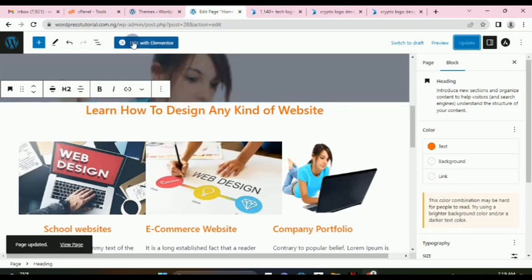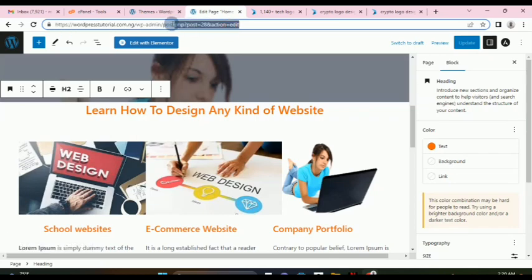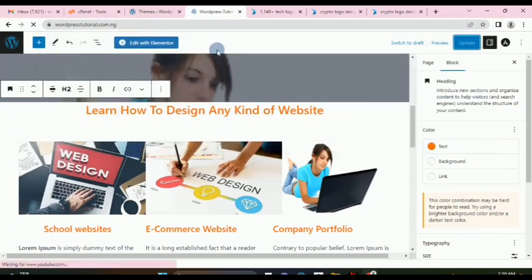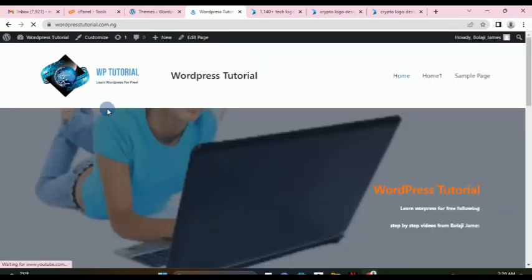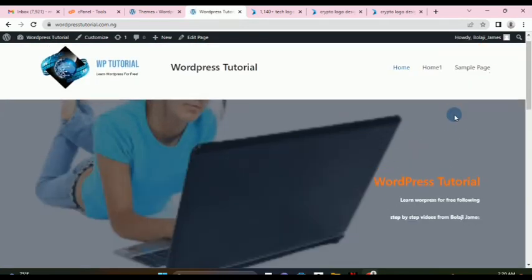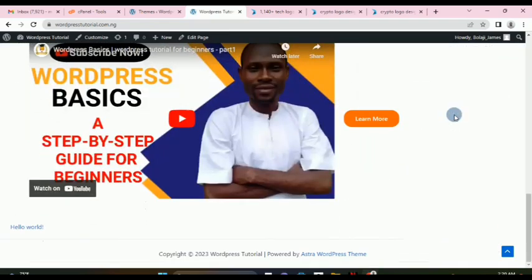Okay, if we go back to the site by removing this part of the address and see how it looks now, we can see that we no longer have the home, and this is looking good. Now we'll also be able to change this copyright and other things here. This looks good, better than that proudly powered by WordPress. All we need to do is remove this area here,